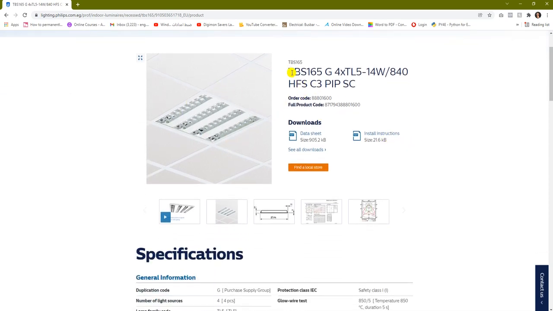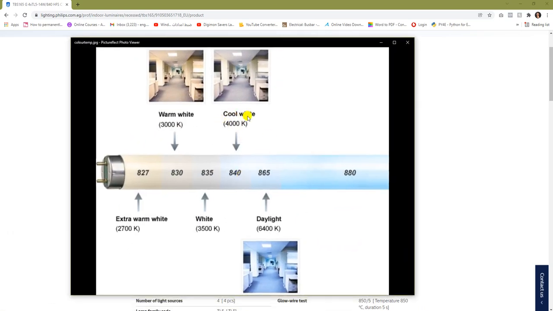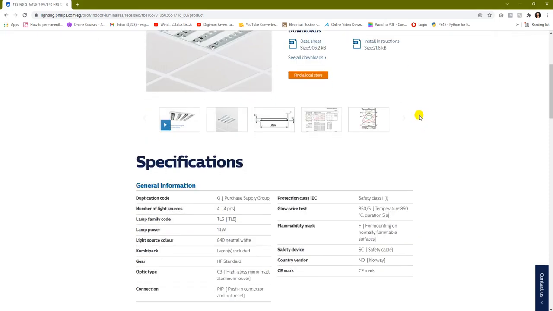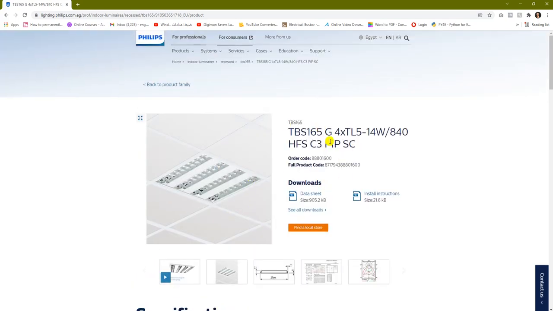Now, as you can see, this is TBS 165, which we used in manual calculations. It is 4 multiplied by 14, which is 4 lamps, 1, 2, 3, 4. Each one of these is 14 watt. And 840 represents the color code. As you can see here, 840, which is 4000 Kelvin, is cool white, which is good for our office. Now you can see other specs, everything about it, but I would like to take this one and